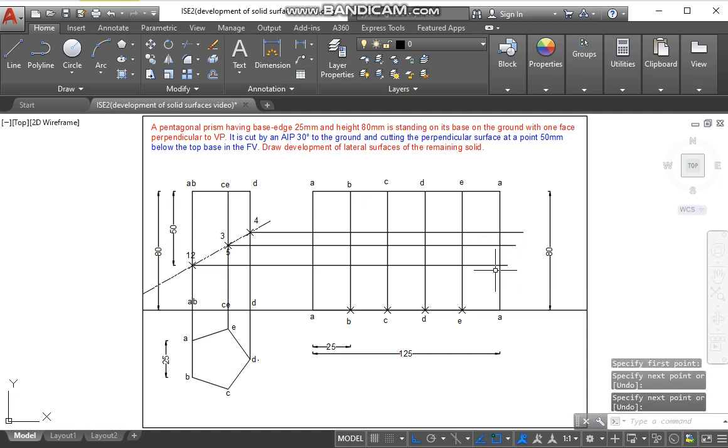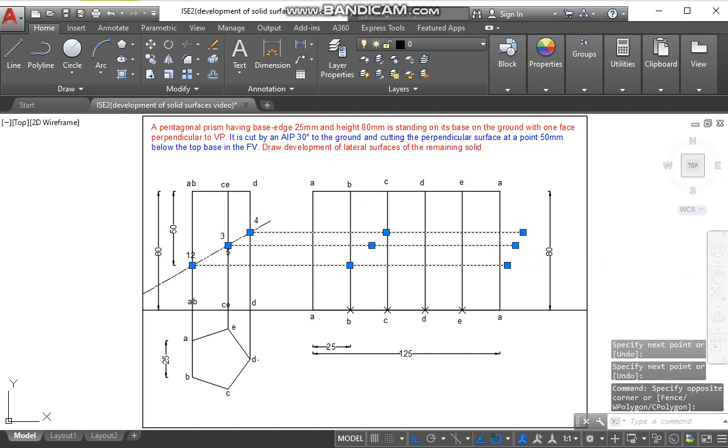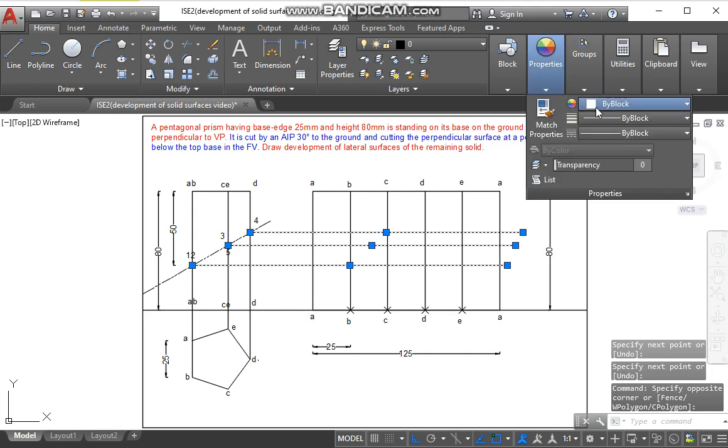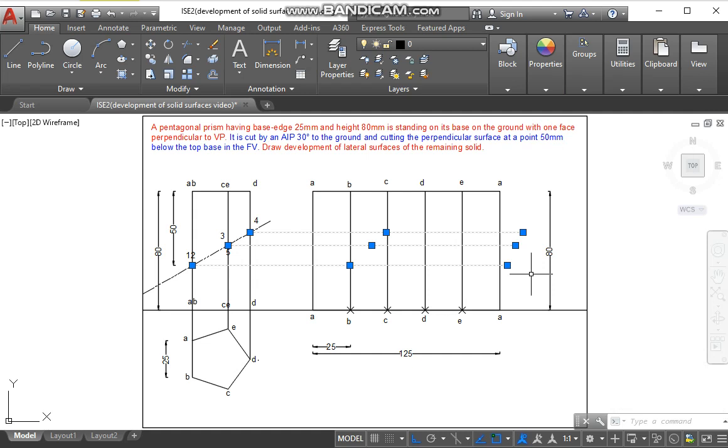So we'll convert this line into the color 9. So now we will mark the points.